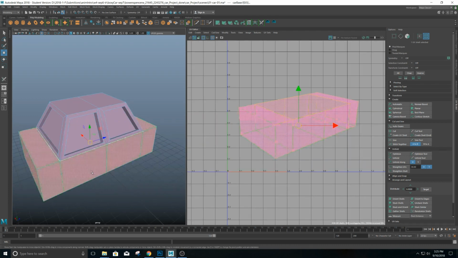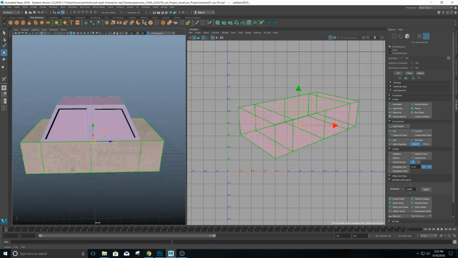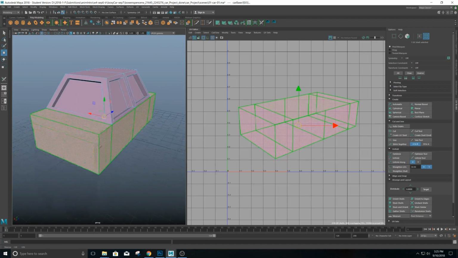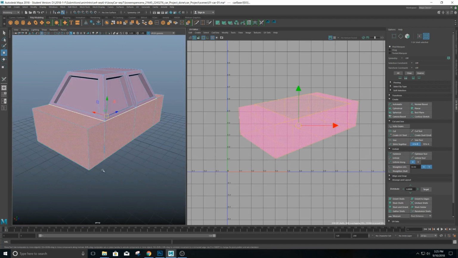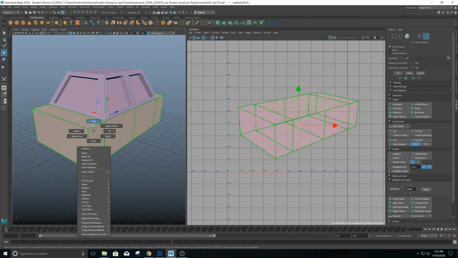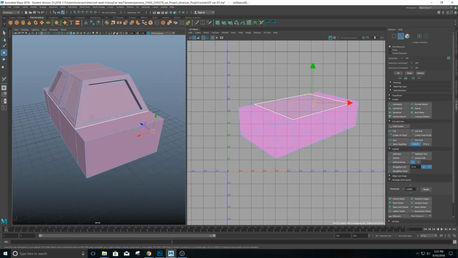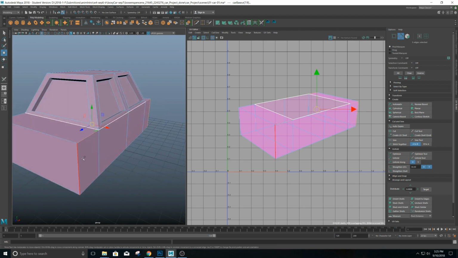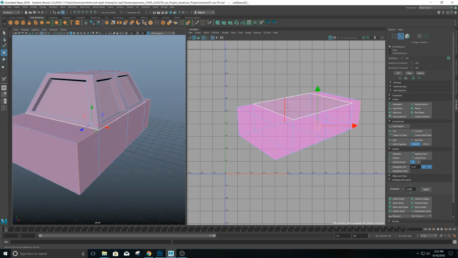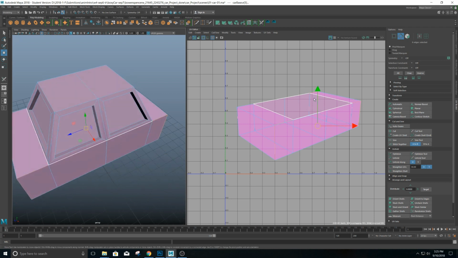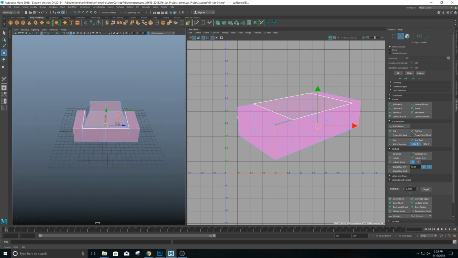Okay, so now looking at this box, I think if I cut these edges that are here, like this edge and this, and then this edge and this edge, and again this and this, I think I can open up this shape, right? I have already cut the top part, so this part is open. So as I select